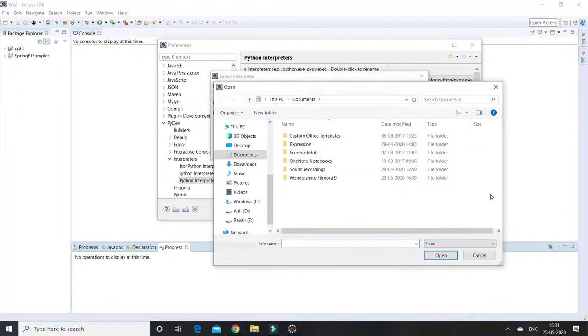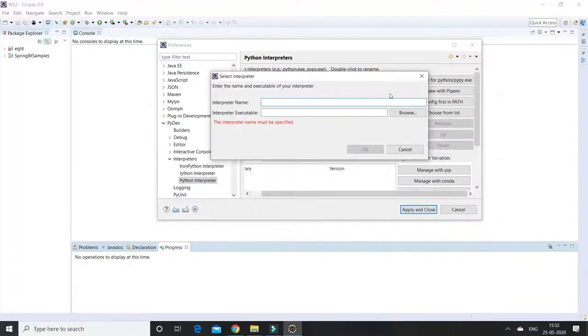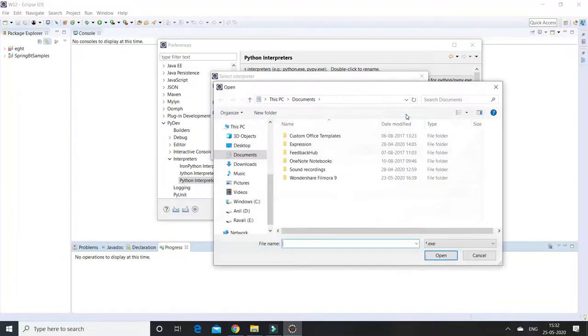When you click on this button, it will be asking for the Python executable file. So browse this one.